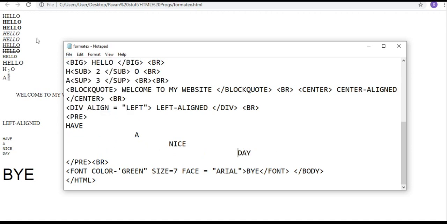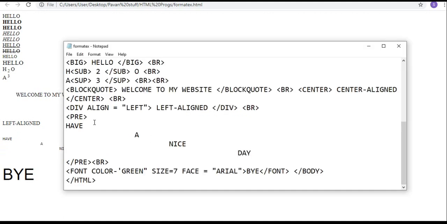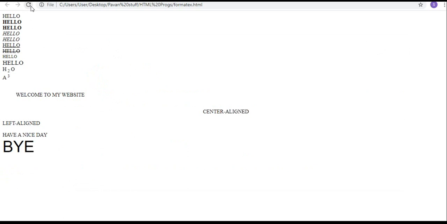File, save, refresh. Okay? Have a nice day. So that is pre-tag, pre-formatted. If I didn't use this pre-tag, what will happen? File, save, refresh. See how it has displayed?